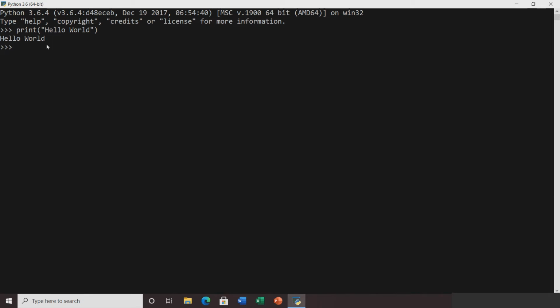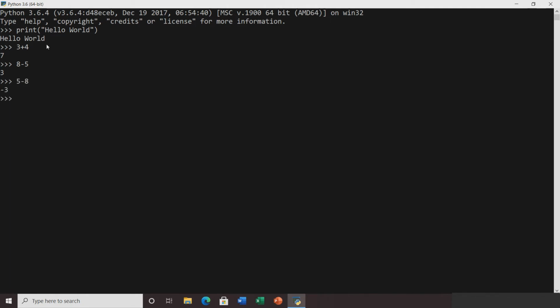So now let's see more such simple operations, which are mathematical operations. For example, we can just say 3 plus 4 and hit enter, 7. Then 8 minus 5, 3. You can also write 5 minus 8. It will give the negative output.